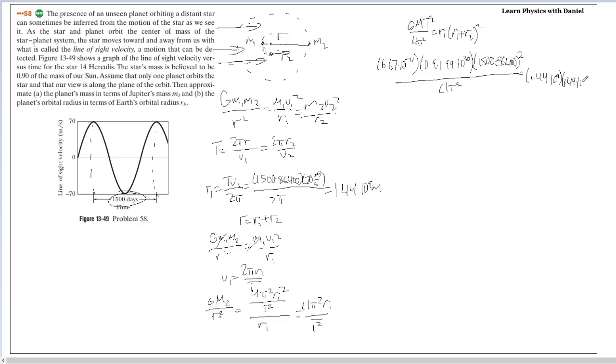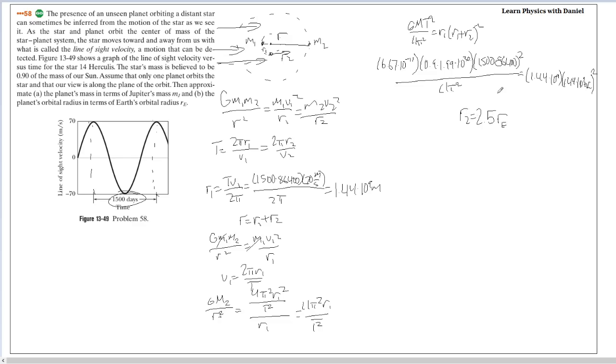And then we can do that again for, yes, plus r2 squared. It got a bit cramped here, but basically what we did is we plugged in our previous value of r1 into this equation. So now if you expand it and solve this quadratic, you would find that r2 equals 2.5